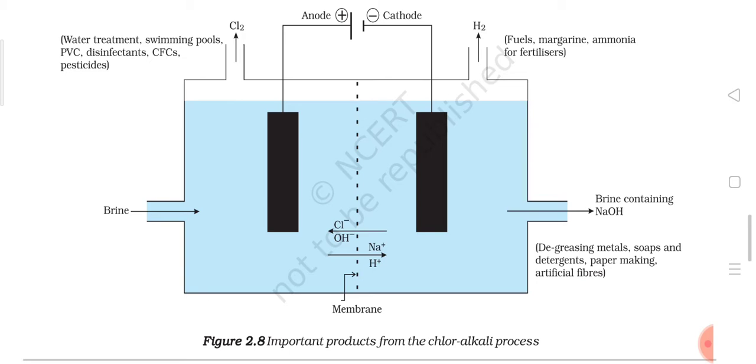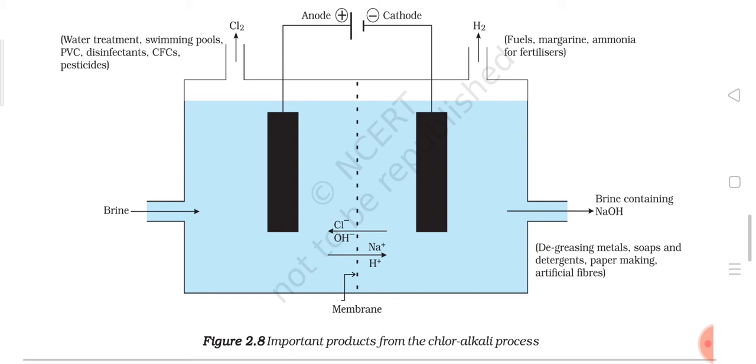form of gas. So what actually happens here: the chloride ion moves towards the anode. We know that the anode is a positive terminal, it is deficient of electrons. The chloride ion is negative, that means it has excess electrons. So the chloride ion will lose its electron, give it to the anode, and after losing the electron it becomes a neutral chlorine atom. When two chlorine atoms combine, they form a chlorine molecule, which is in the gaseous state, and that is how chlorine gas is evolving at the anode, as you can see in this diagram.